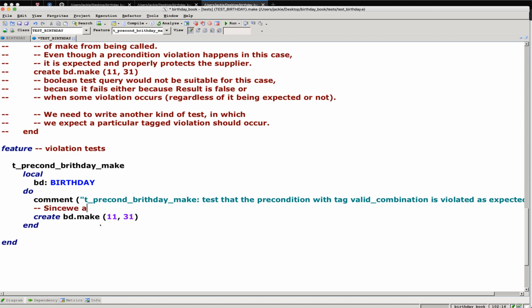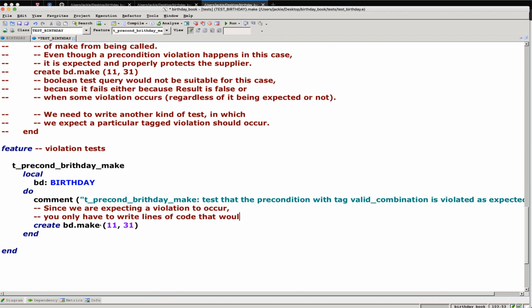Since we are expecting a violation to occur. So violation in general can either be a violation of precondition, of postcondition, or of class invariant. A violation to occur, you only have to write lines of code that will lead to that